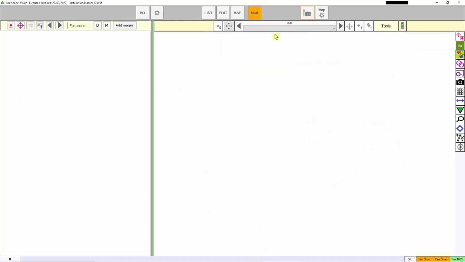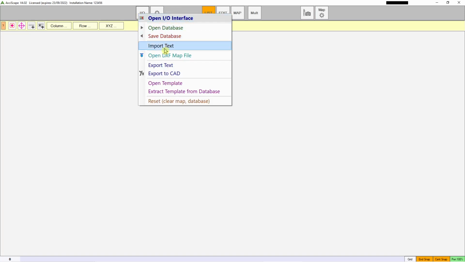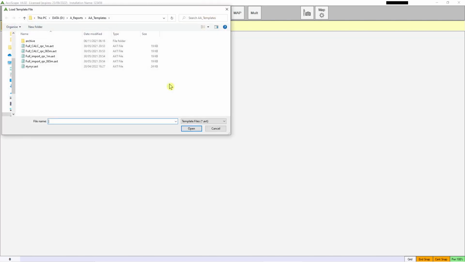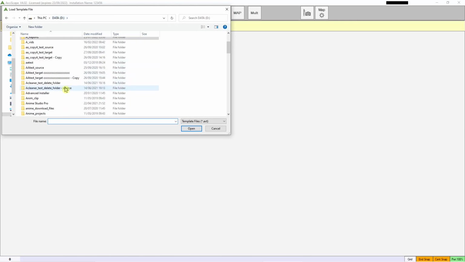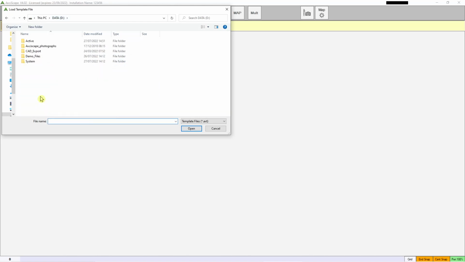What you would do first of all is load a template, and if it's the first time you're using it, you would probably use the supplied British Standard template as your basis. So you would say open template, find your AxciScape workspace folder, demo files, and there's a BS5837 template and a phase 1 ecology template, which is very simple. BS5837, open it,